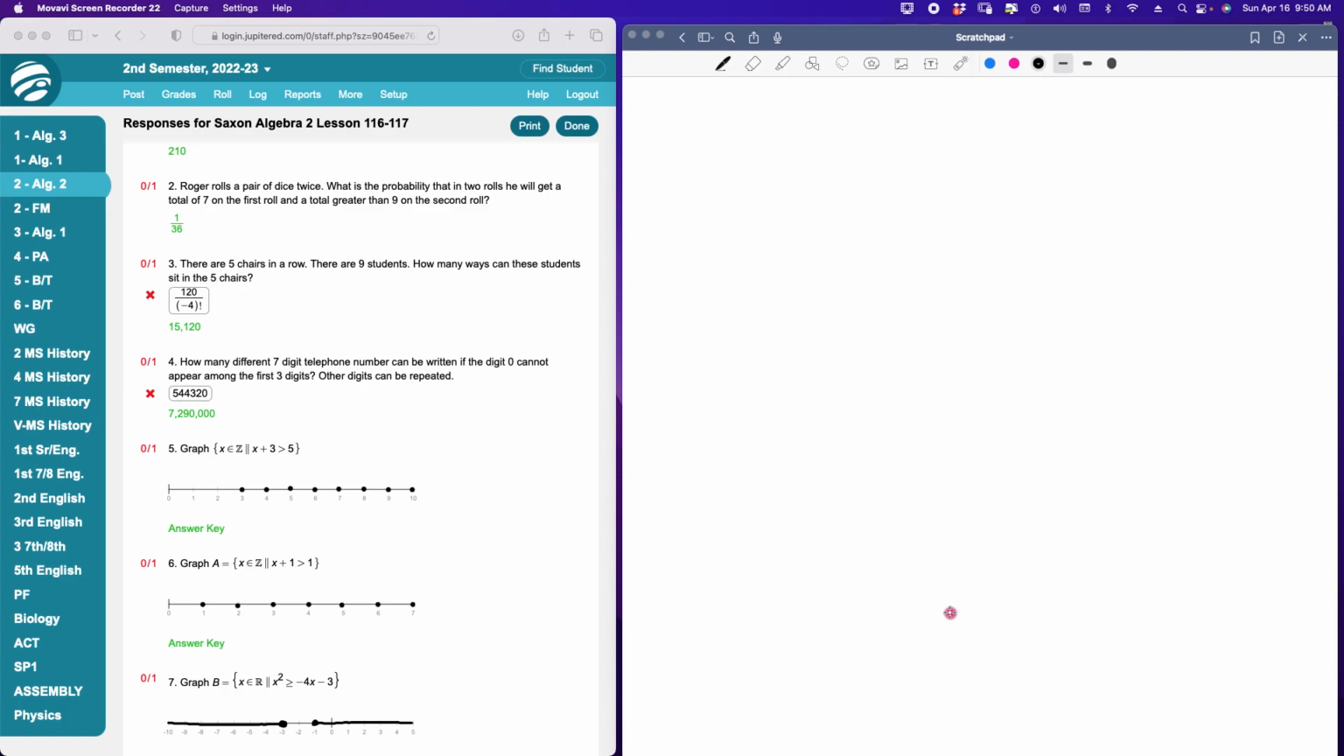So Roger rolls a pair of dice. What's the probability that in 2 rolls he'll get a total of 7 on the first roll and greater than 9 on the second roll? So there's 2 dice, right? We want the probability that we'll get a 7 on the first roll and greater than 9 on the second roll. So to get a 7 with 2 dice,